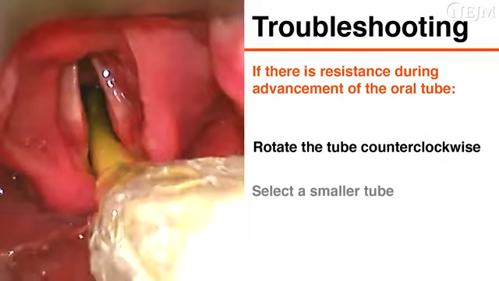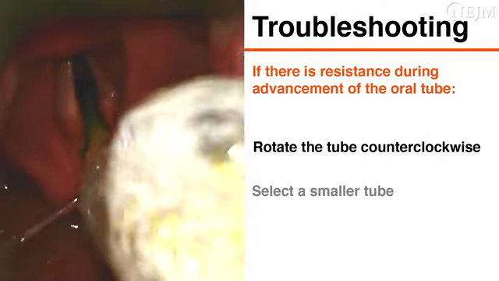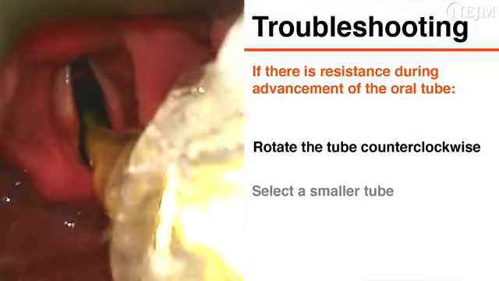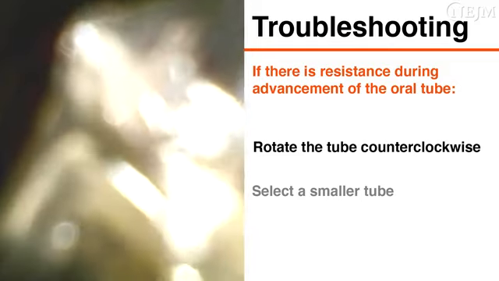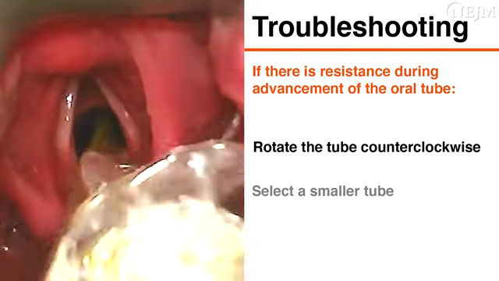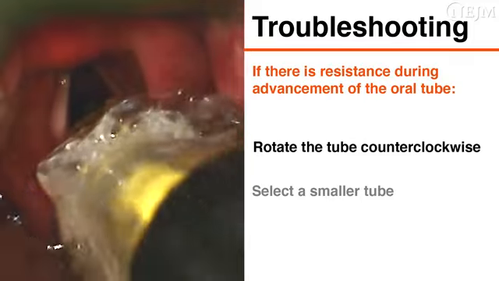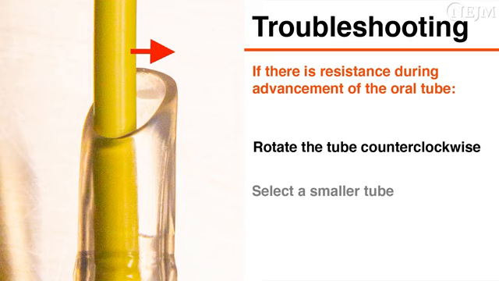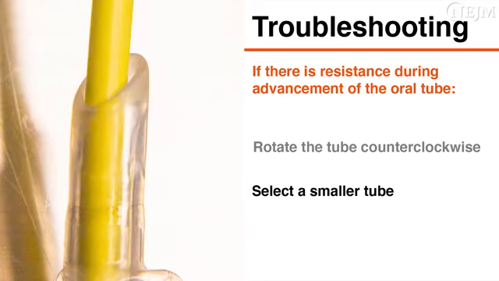If you encounter resistance during advancement of the oral tube, the tube may be stalled at the arytenoid cartilage. In most cases, you can rotate the tube in a counterclockwise direction and then advance it. If the tube still cannot be advanced, there may be a gap between the endotracheal tube and either the airway exchange catheter or the flexible bronchoscope. If you suspect that this is the problem, remove the tube and replace it with a smaller tube or a